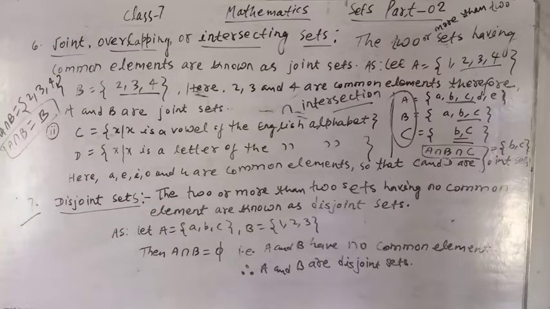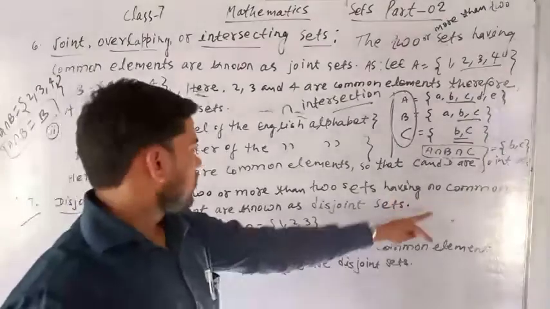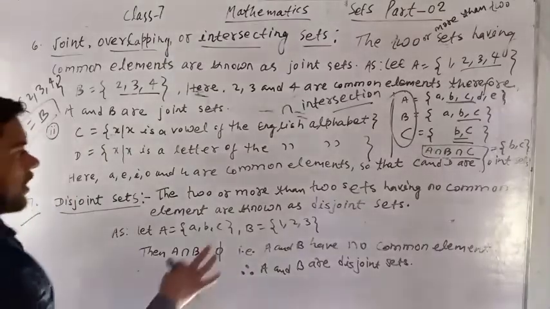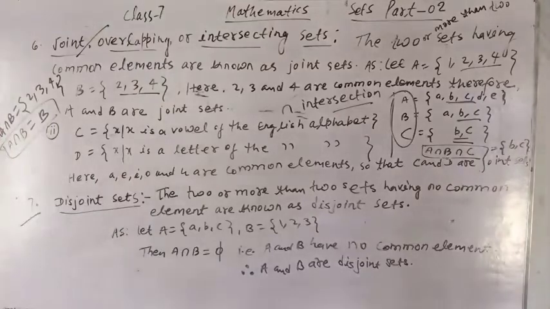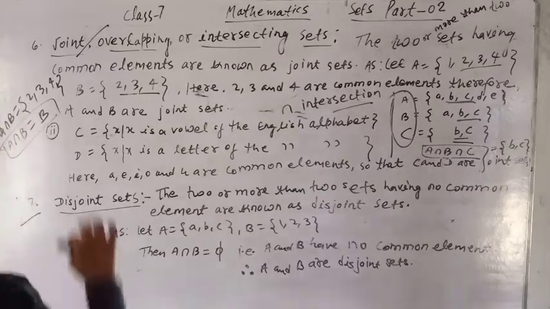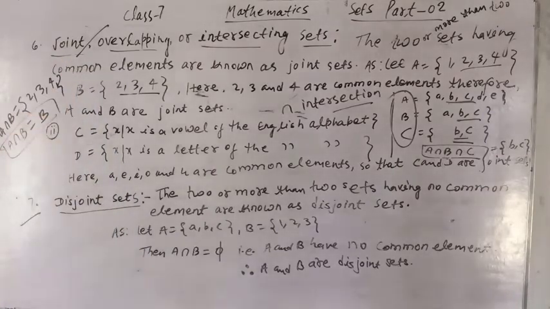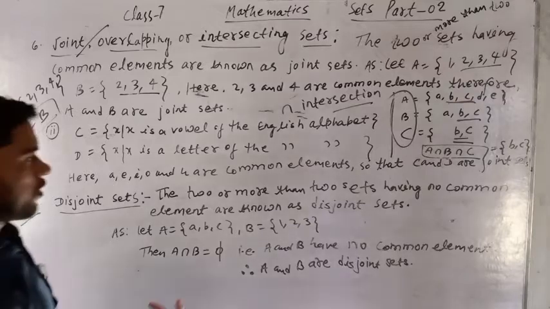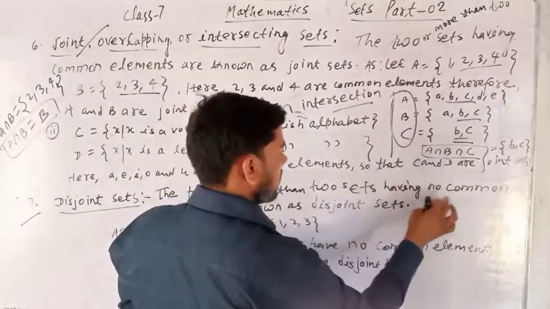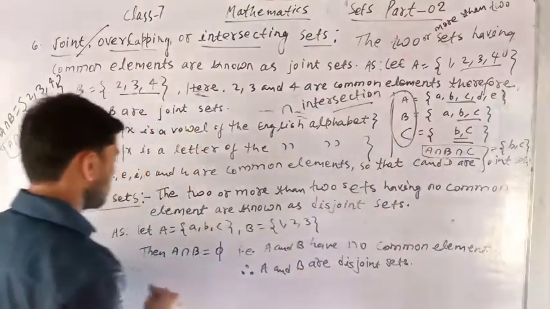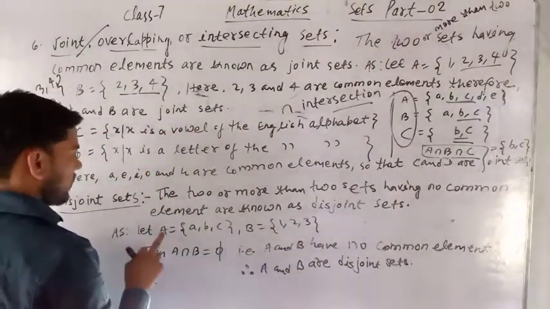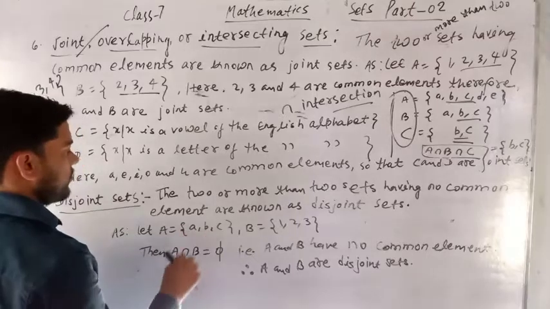The two or more than two sets having no common elements are known as disjoint sets. In the joint set, the two or more than two sets having the common element are known as joint set. But in this disjoint set, the two or more than two sets having no common element are known as disjoint set. As for example, let A is equal to {A, B, C},